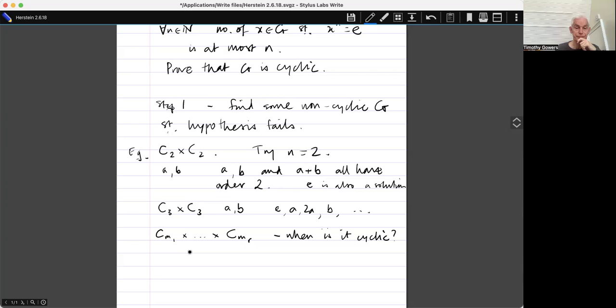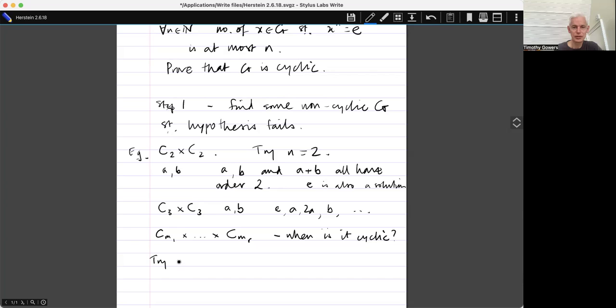And so I've already seen in the case of C2 cross C3 that it was cyclic because it was generated by, if I took a generator of C2 and a generator of C3 and added them together, I'll get a generator of C2 cross C3. And so inspired by that, I could say,